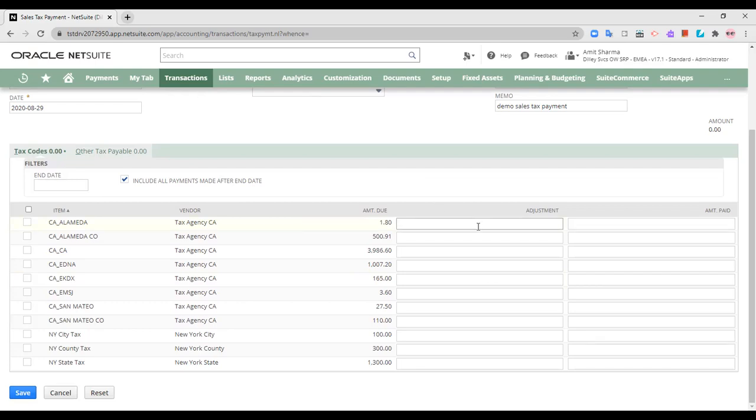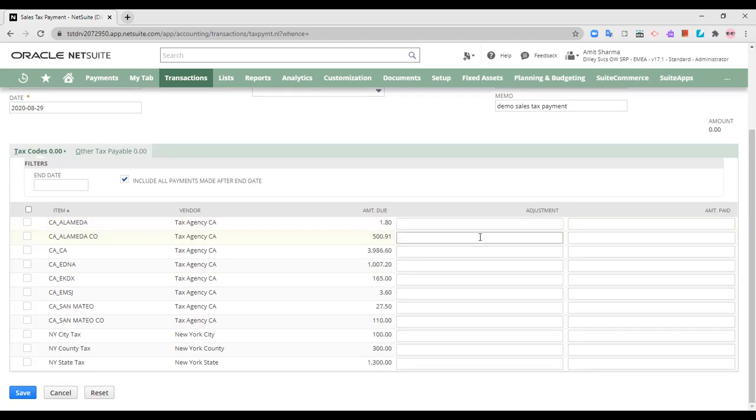Now in the adjustments, you can enter an amount to adjust a specific sales tax liability linked to a tax code. For example, if you have certain rebate, any discount on early payment of the tax, any exemptions, or any kind of tax adjustments, or maybe even a penalty, any kind of adjustment that you have, you can enter that amount into the adjustments tab.